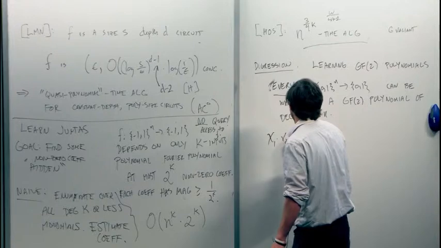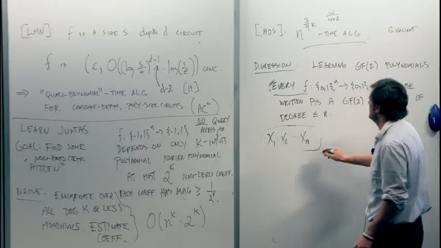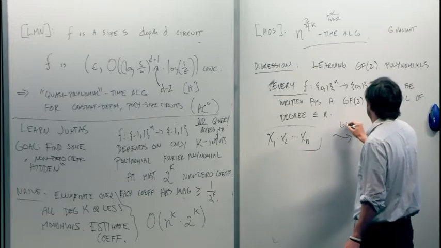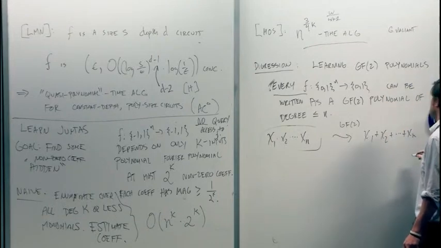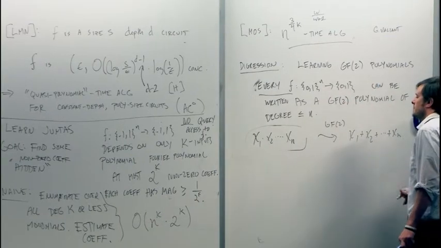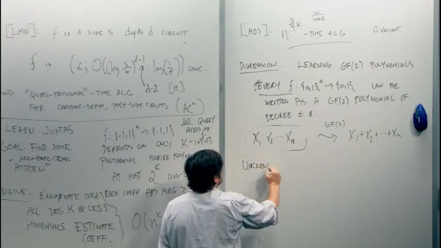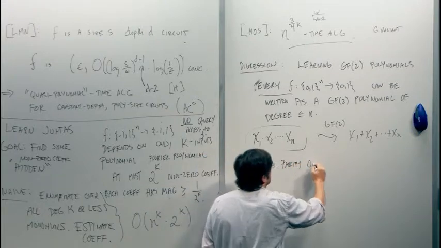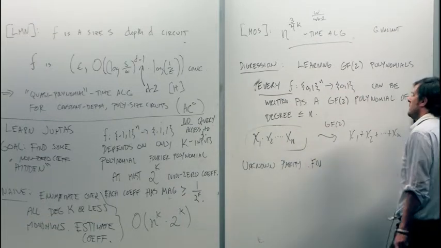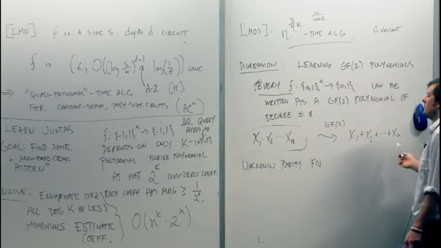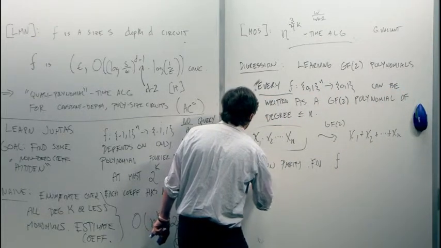So when we were talking about Fourier polynomials, we had these monomials of degree n, the product of all the variables. When we're working with respect to GF2 polynomials, of course, this becomes x1 plus x2 plus ... plus xn. So here's a question for you. You have an unknown parity function. It's the sum mod 2 of some subset of these variables. I'll call it f. And you want to learn what f is,